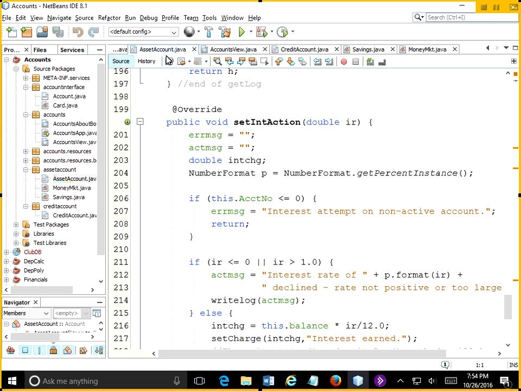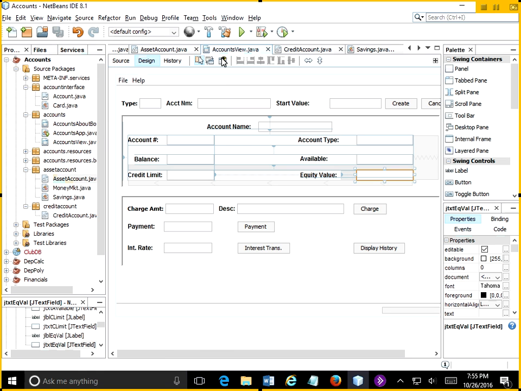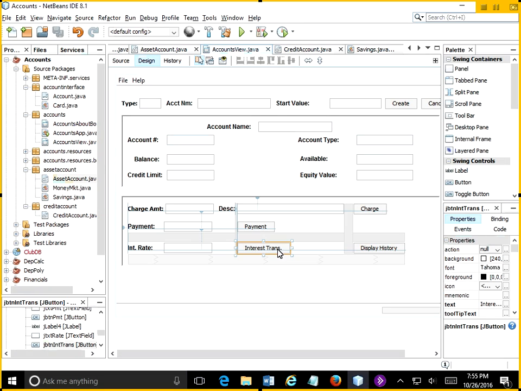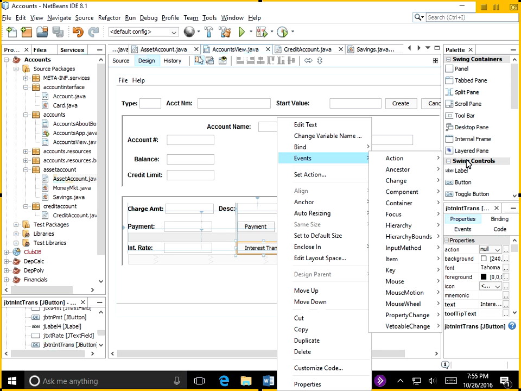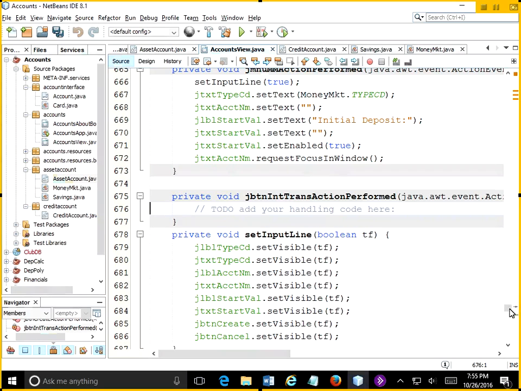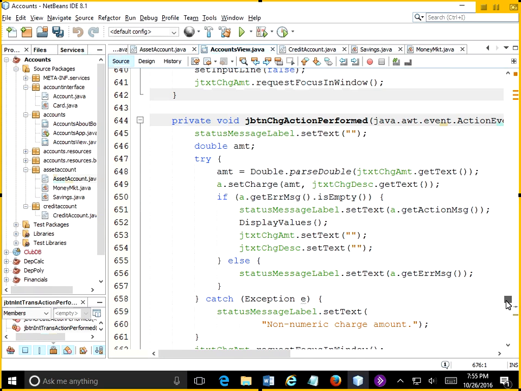So let's go back to the form. We'll do that side first. So in the accounts view, an interest transaction event needs to be created. So we'll right-click, Events, Action, Action Performed. And this is going to look a whole lot like the charge action. In fact, let's see if we can even think about copying, because we're going to need to pull a single value. We're going to run the set interest action method, but we need to make sure that